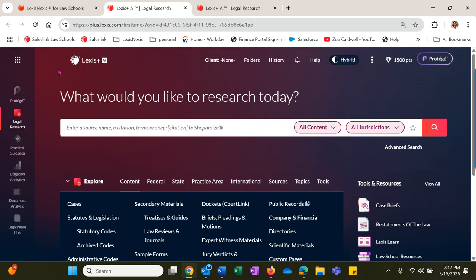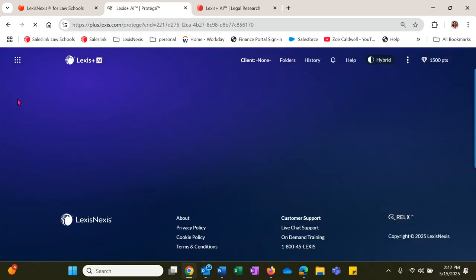This is Lexis+AI. You can see it here, but Protege is just the name of our legal assistant on AI. So Siri's Apple's legal assistant, Alexa's Amazon's legal assistant, Protege is ours. So I click the link, and now I'm in